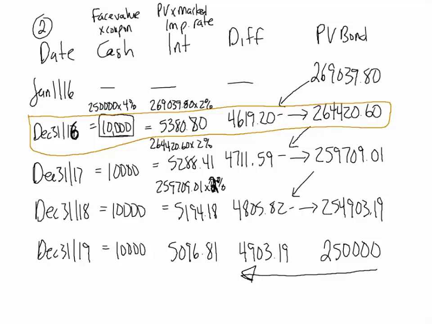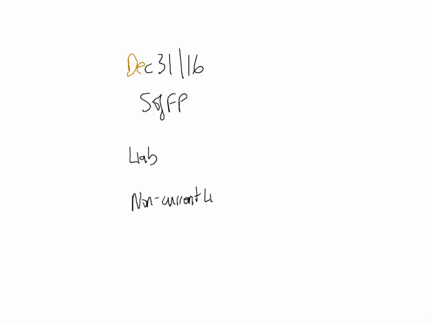If we're looking here on the statement of financial position at December 31st, 2016, we would see under liabilities and under non-current liabilities, the bond payable of $264,420.60. If we were also looking at the income statement,